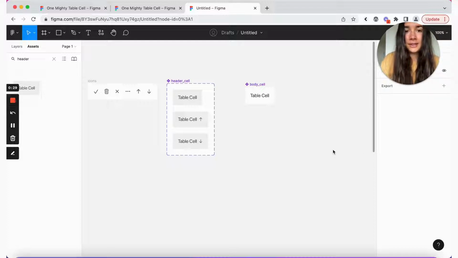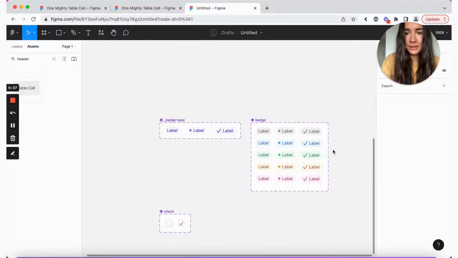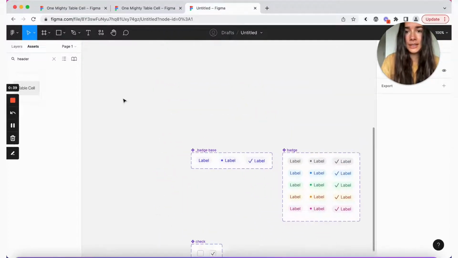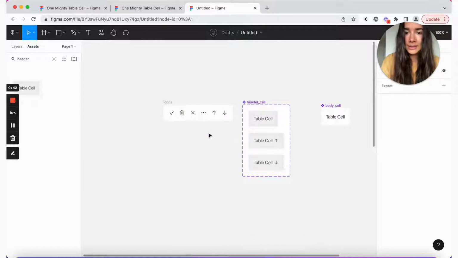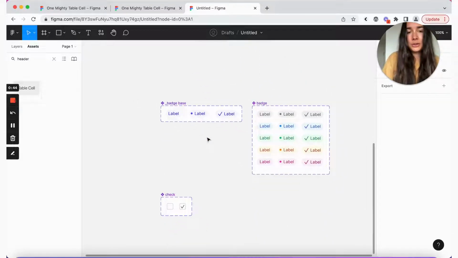And one thing that would be good to do now is to actually go ahead and grab those components if you have them already. So for me, it's going to be a badge and a checkbox, and then I'm also going to use the icons. And yeah, I'm not going to go over how to actually make these components here, because this is something that's not exactly related to tables and could be used independently outside of tables. But I do have these components here, and I am going to include this in the Figma community file, so you could still grab them later.